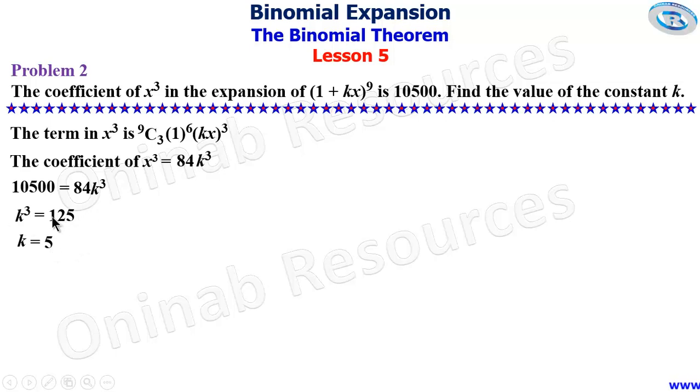So we have our k to be equal to 5. That is the cube root of 125. Or you look at it as 5 raised to power 3 gives 125. That's all for problem 2, since we have found the value of the constant k to be 5. We then go